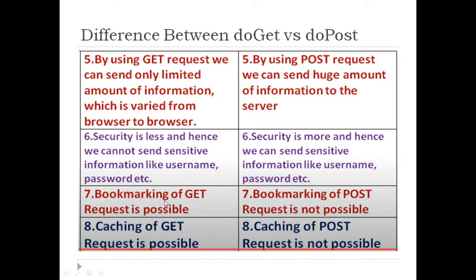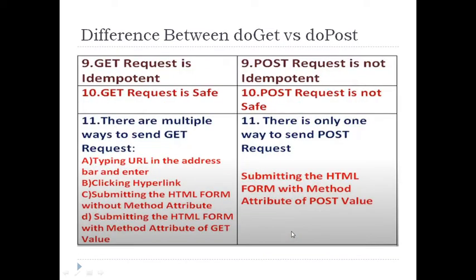Now bookmarking is directly possible with get because we are only retrieving something from a server. Bookmarking can be done with get, whereas it cannot be done with the post method, because here we are posting something, not retrieving something from a database. In the same way, caching is possible in get, whereas caching is not possible in the post method. Now we'll move further. A get request is idempotent, meaning you can make multiple requests to one single URL, whereas in post you cannot make multiple requests to one single link, because each request is considered somewhat different, whereas in get a common link is retrieved again and again.